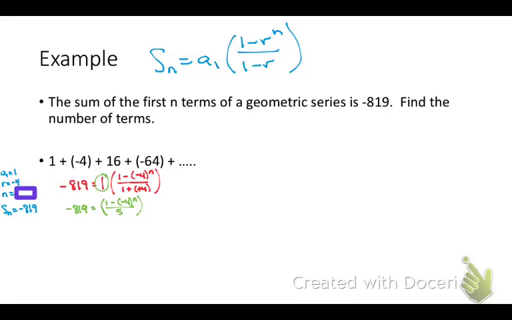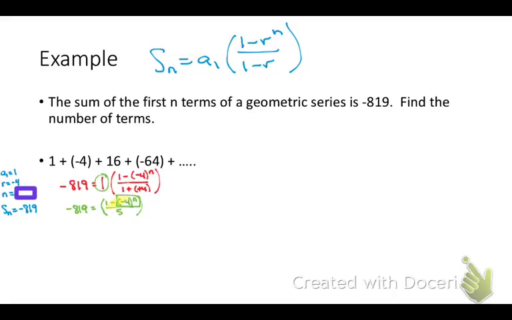The one thing I cannot do, and that is a common mistake, and don't let this happen, is change that to a positive where it's highlighted. Do not change it because it has the n power to it. We can't change it to a positive because that completely changes our answer. So now it just becomes solving. We want to get the exponent, or the power,